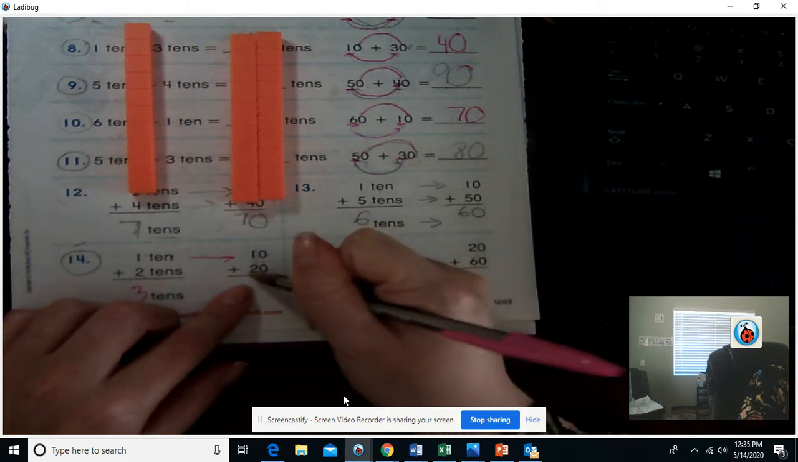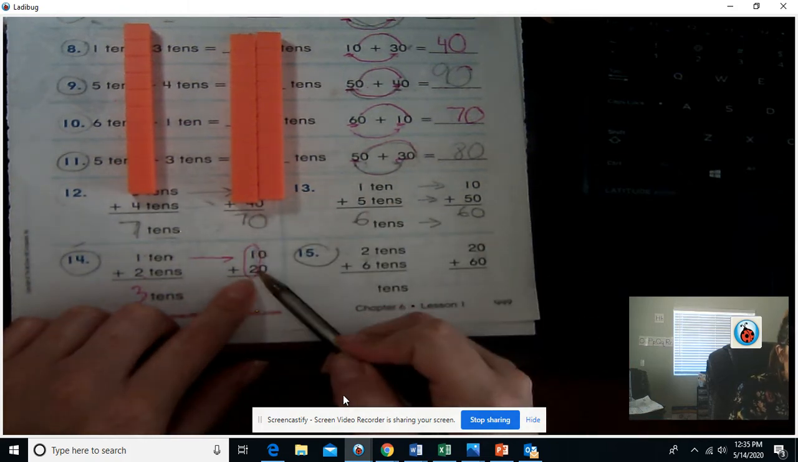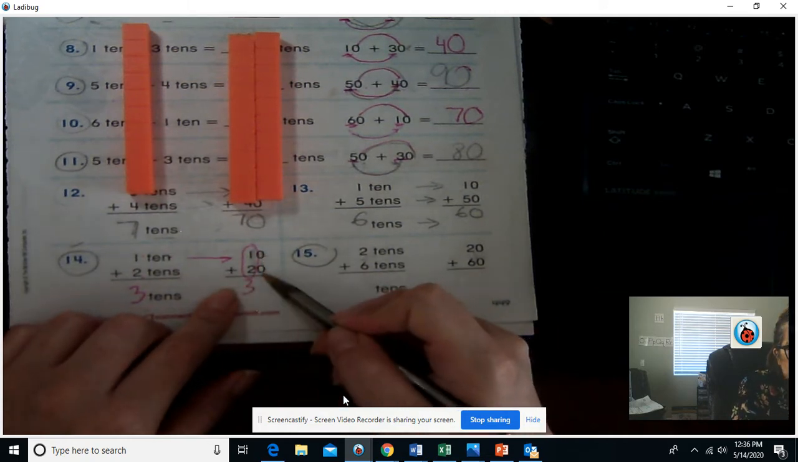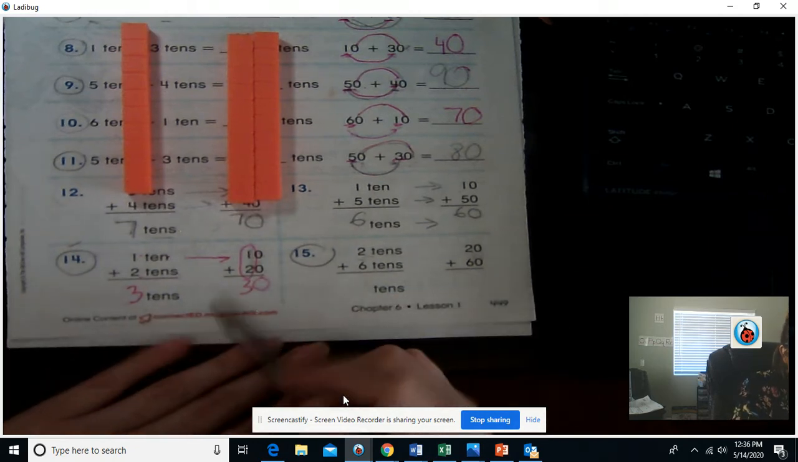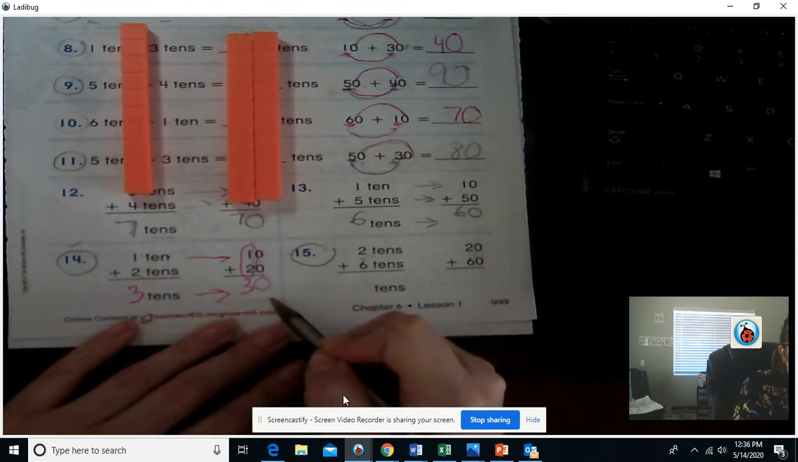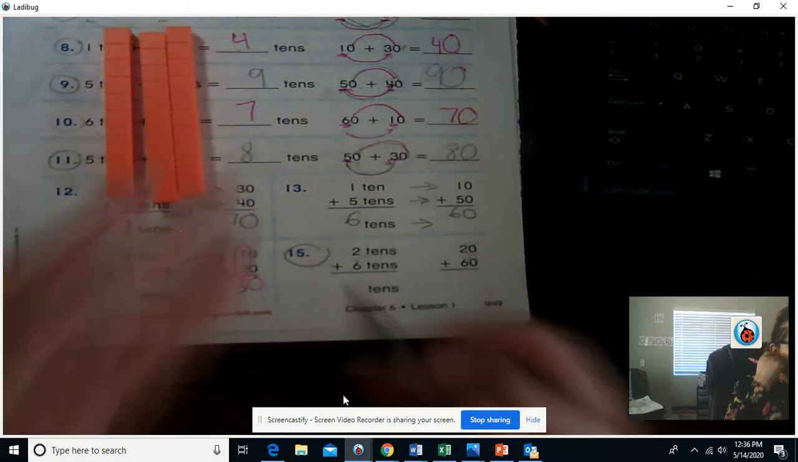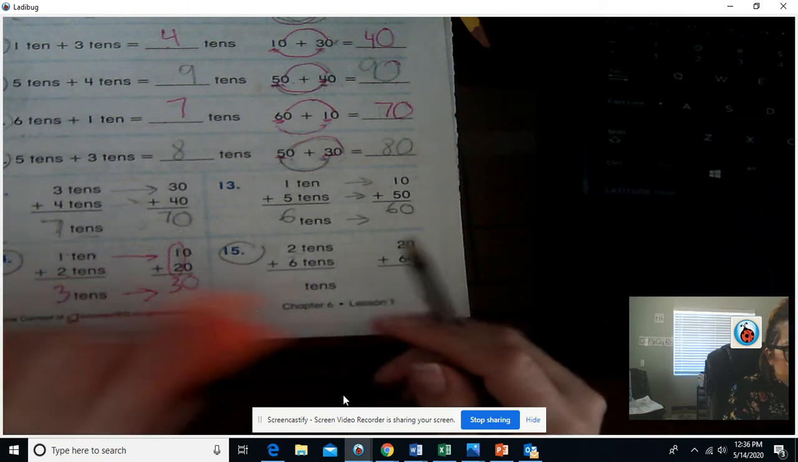or I can look at my ones place value. 1 plus 2 is 3. 0 plus 0 is 0. So 3 tens is equal to 30. Let's check. 10, 20, 30. Good. And then our last one says 2 tens